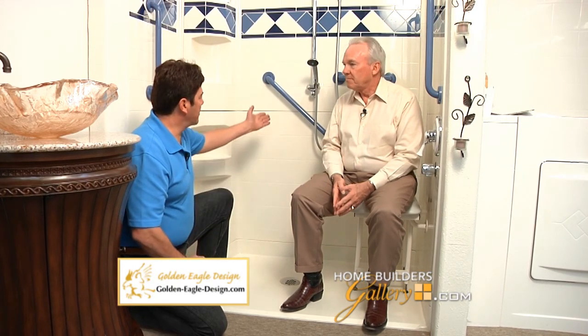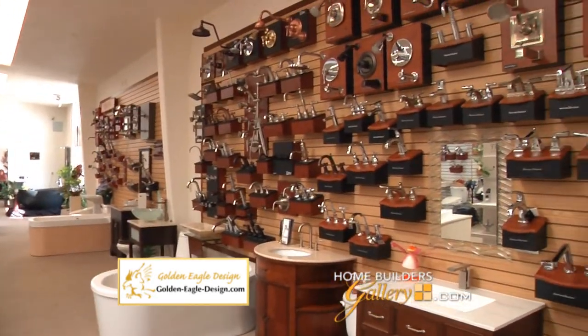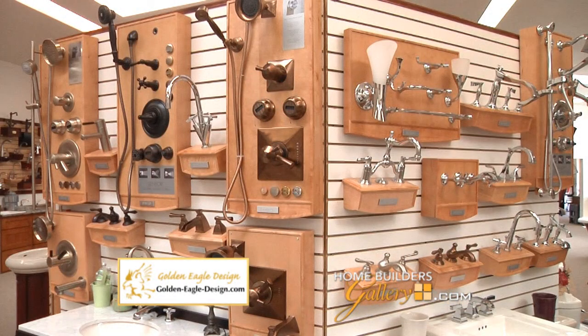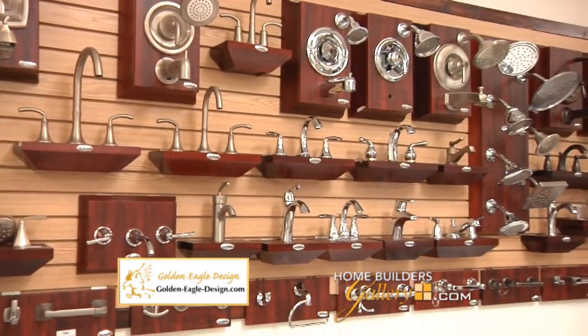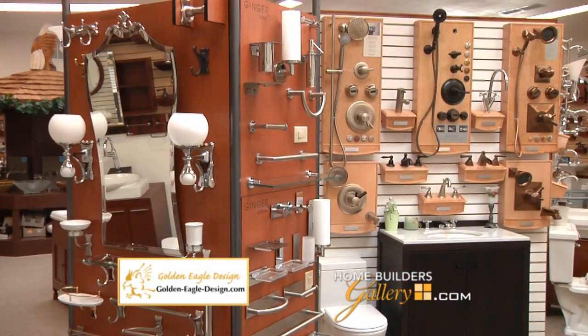And remember, we have a complete line of ADA products, including grab bars and roll-in showers with fold-down seats. All of this is great, but it looks expensive. Is it? Not really. We represent the best designers and manufacturers. Plus, we have great value too. Whether you're a homeowner, builder, remodeler, or architect, we'll work with you to create the perfect bathroom for you and